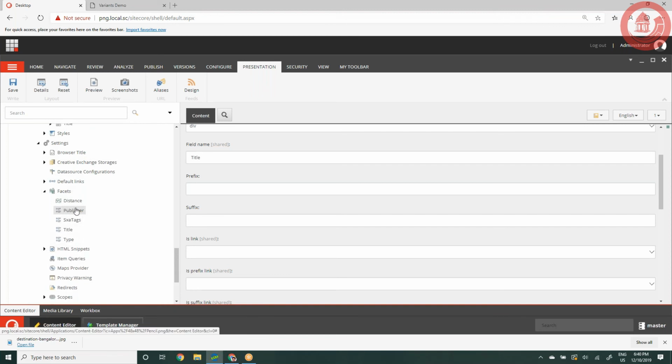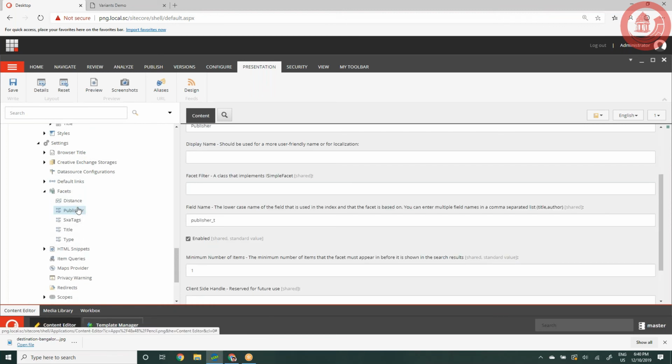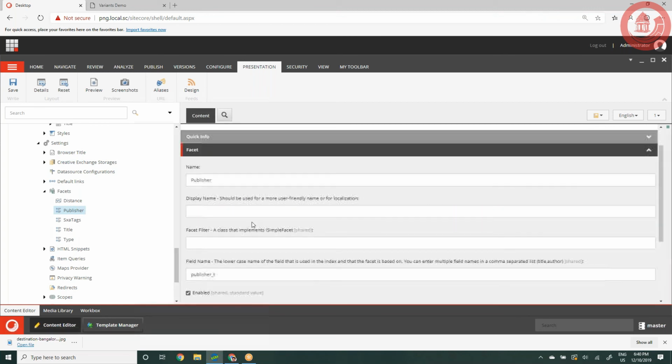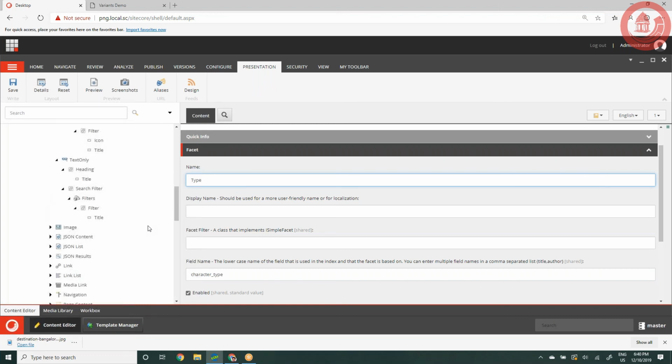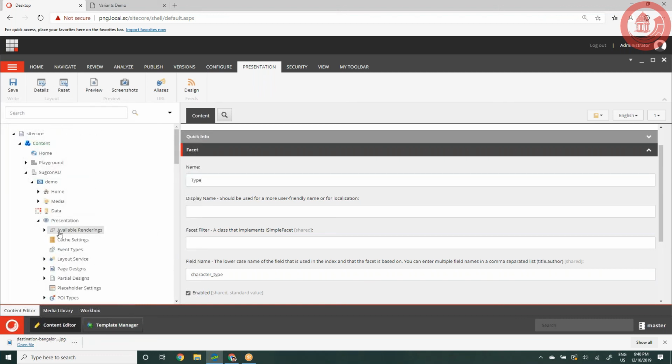Yeah. And this is where I have configured, basically, they are facets. They will act on your given results. And here I have specified the Solr field value and publisher. And this is another type where I have specified that I want to filter on character type and type. But there is data in the data section,